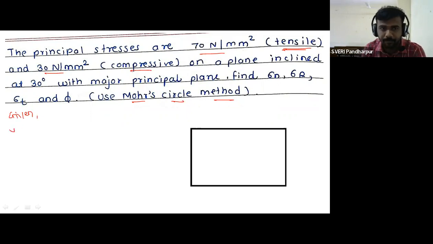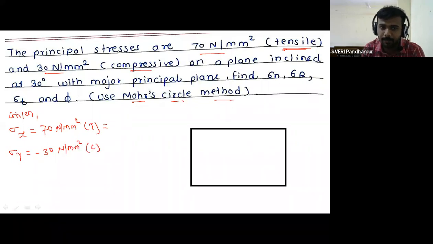So sigma x is equal to 70 Newton per mm square, tensile, sigma y is equal to minus 30 Newton per mm square, compressive, theta is equal to 30 degree. Therefore 2 theta is equal to 60 degree. This we can take as positive